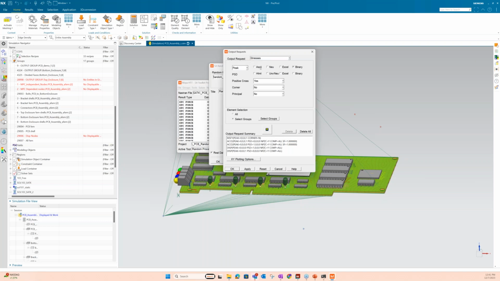Peak stresses, results. Yep, that all looks good. I've got a pretty good mix of results there. You can ask for composite failure metrics as well if you have the failure theory set up in your model and the correct stress limits.